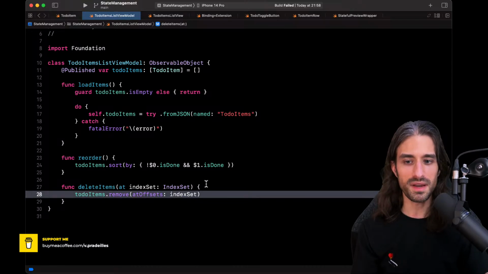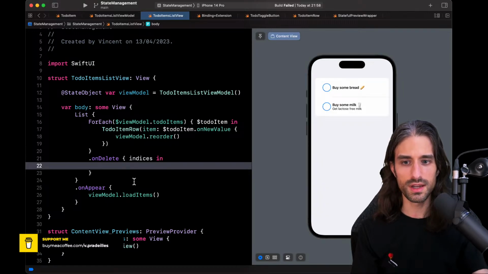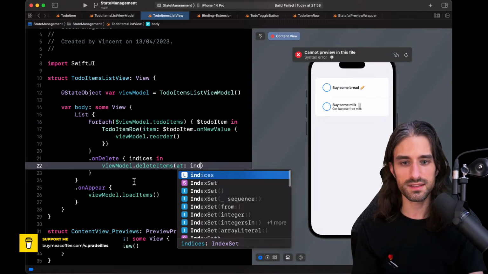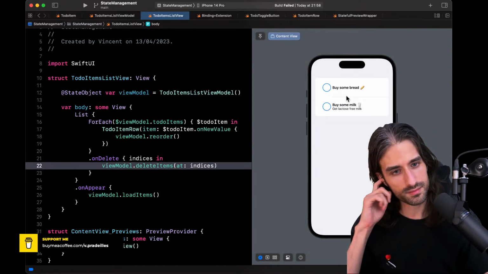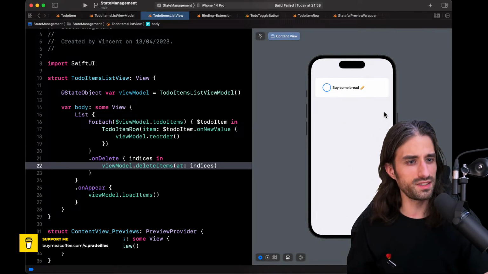So I can just pass in the argument like that. And if I go back to the view, I can call on my view model the method delete items at indices like that. And so now I can do my swipe to delete.